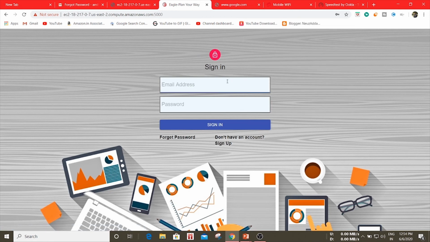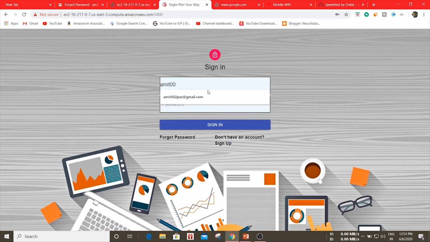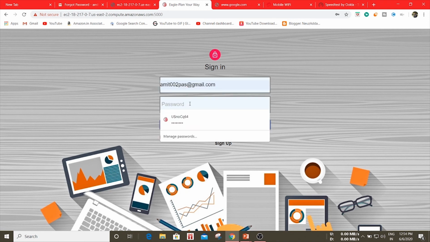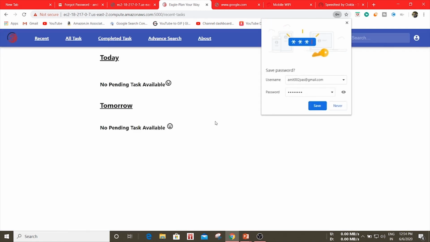Once you submit that, your new password has been set. Now you can log in with the new password. Here you can see that we are able to log in with the new password.